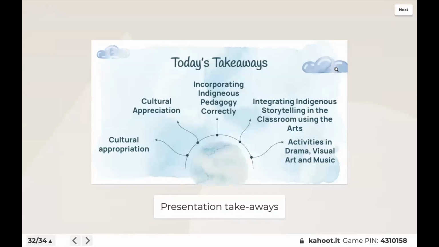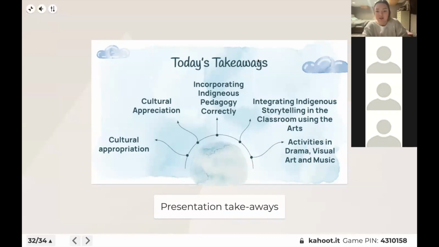So some things to take away from the conference is cultural appropriation versus cultural appreciation, and how to appreciate Indigenous culture correctly, and how to incorporate Indigenous pedagogy in the classroom using the proper techniques and the protocols that the art video that I showed you talked about, and then integrating Indigenous storytelling in the classroom using art, and 3 activities using a short Indigenous short story. And then